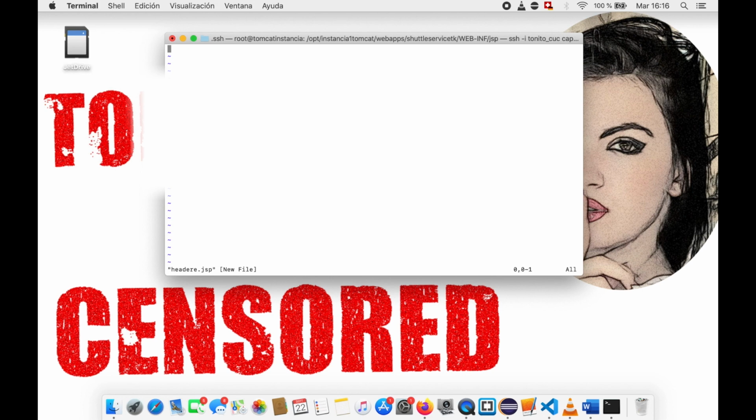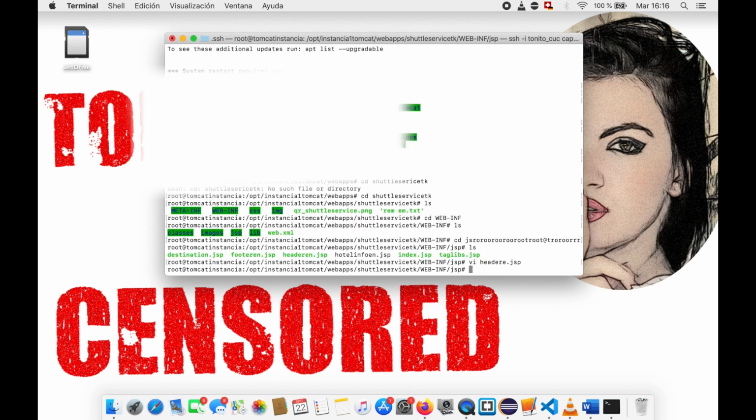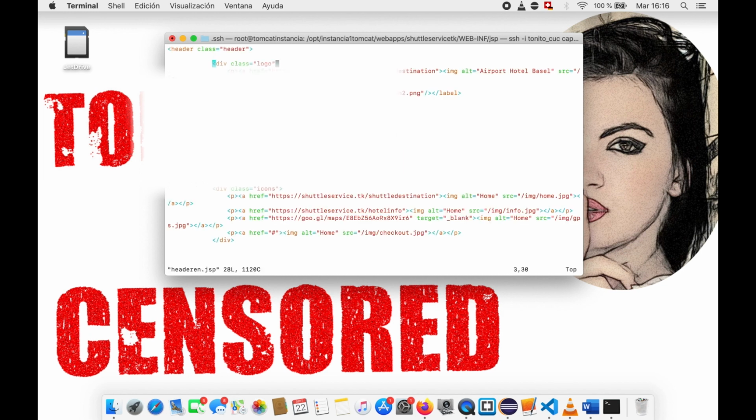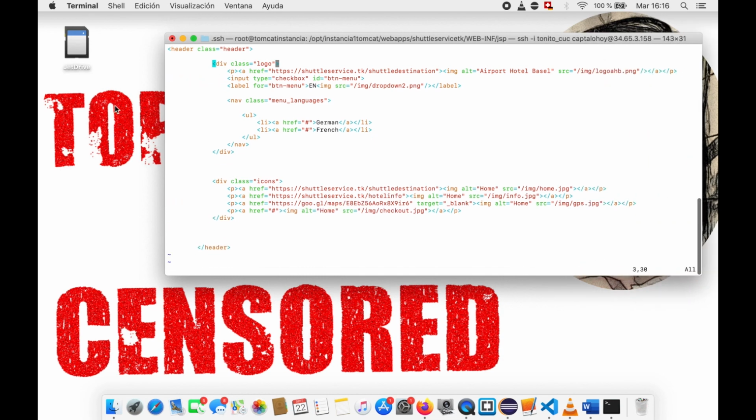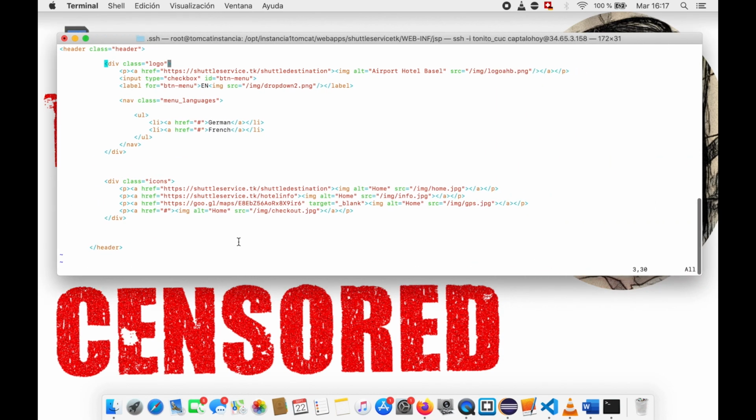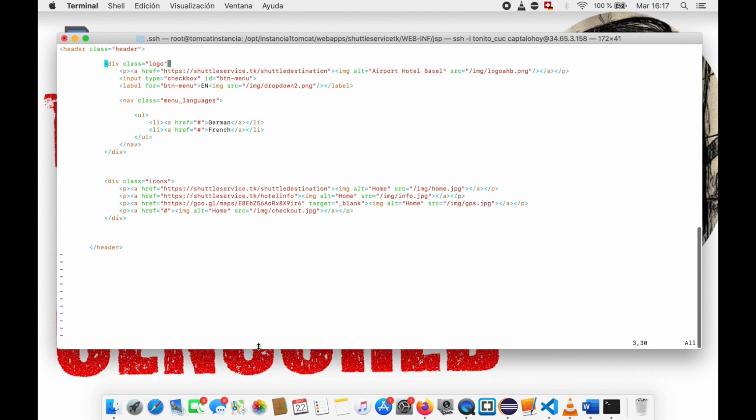Sorry, I have made a mistake again. Then I go back. It's open, and then I'm going to make it a little bit bigger, and then you can see I have everything that I need here. This is just the header. I have just made this header,